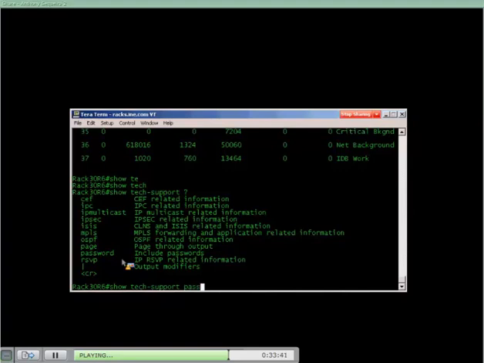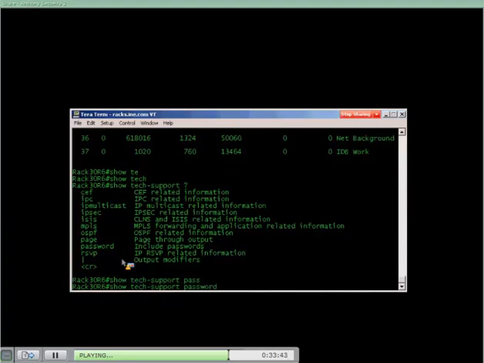If you were to say show tech support password, for instance, you're saying I want all information that might be relevant to Cisco's Technical Assistance Center about this particular device and include password information in the